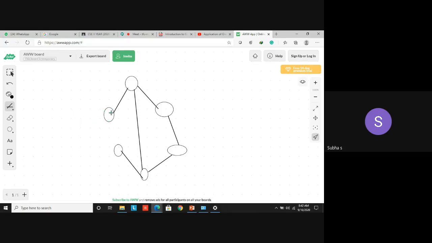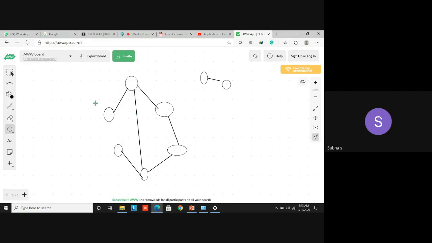It's not necessary that all the nodes should be connected. There is no connection between these two nodes. Yes, but we can say it is a graph because we have a certain set of nodes and a certain set of edges. Even if I have only two nodes, I can call it a graph also. Yes, this representation can also be called a graph. Under this, we have so many terminologies. We will discuss now what is meant by directed graph, undirected graph, everything.